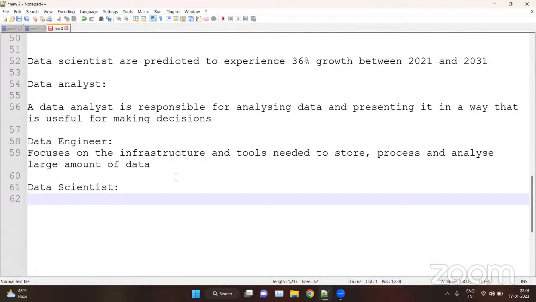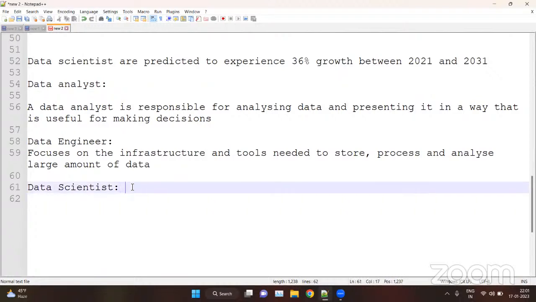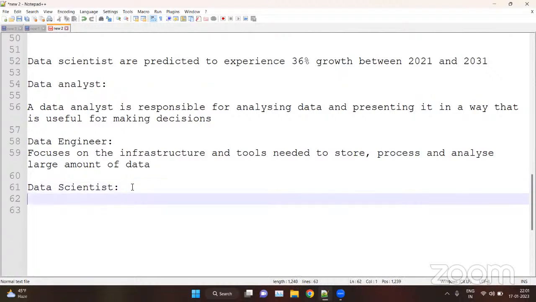So as a data scientist, you need ML skills: you know ML algorithms, how to apply them, and how to feed your data to an ML model.